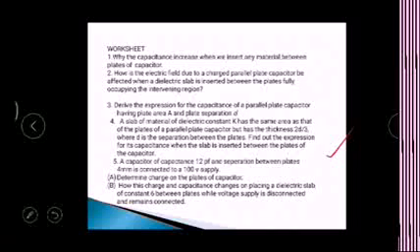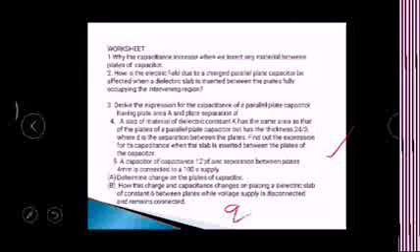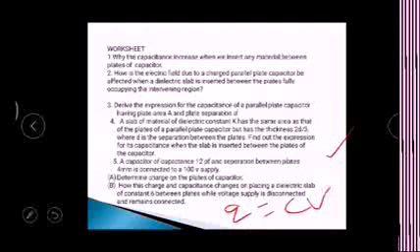And fifth question is, a capacitor of capacitance 12 picofarad and separation between the plates 4 mm is connected to a 100 volt supply. Determine the charge on the capacitor. So we are given capacitance and voltage, so we use the formula Q equal to CV to obtain its charge, and then